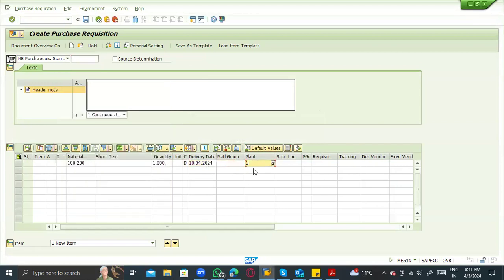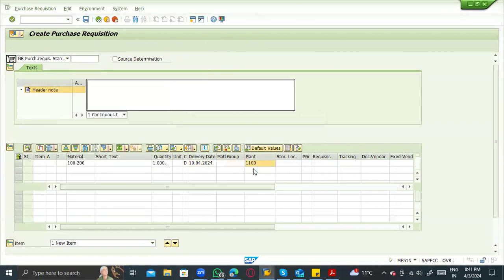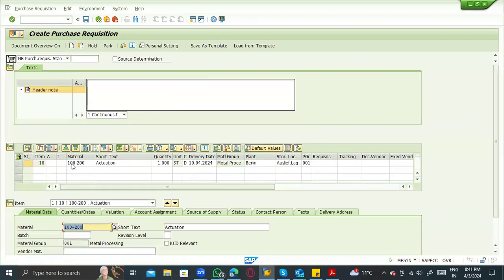Okay, and the plant is 1100. So we have the material number, the quantity, the delivery date, and the plant. Okay, clear? Yeah. Okay, now